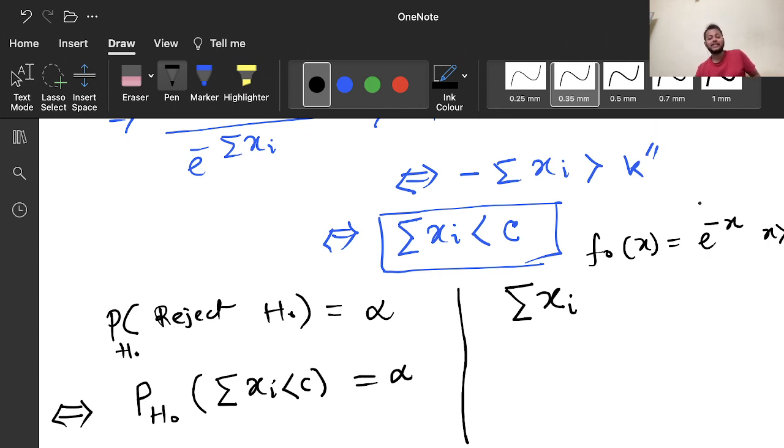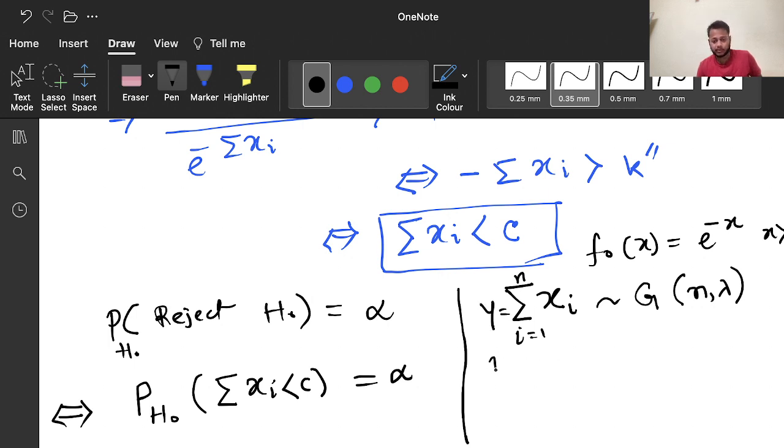So this is an exponential distribution with mean 1. The summation of xi, i equal to 1 to n, actually follows a gamma distribution with parameters n and lambda. So this y will follow